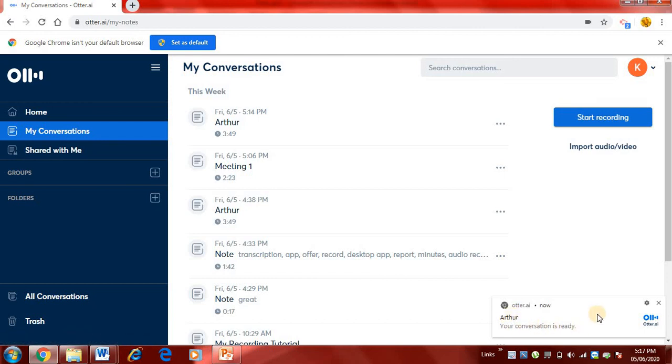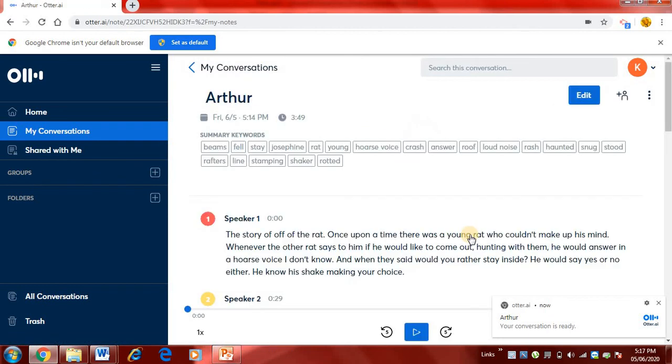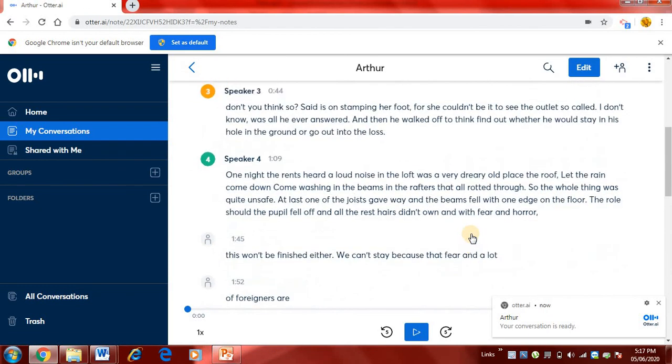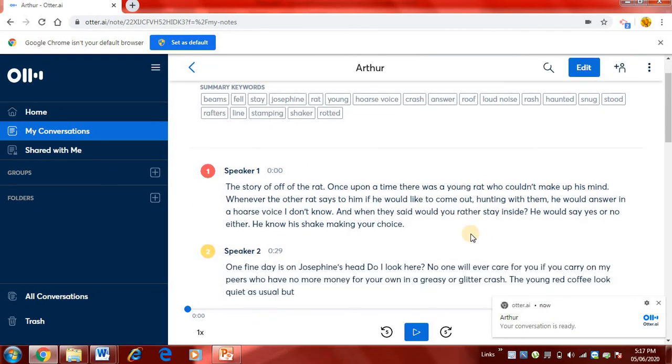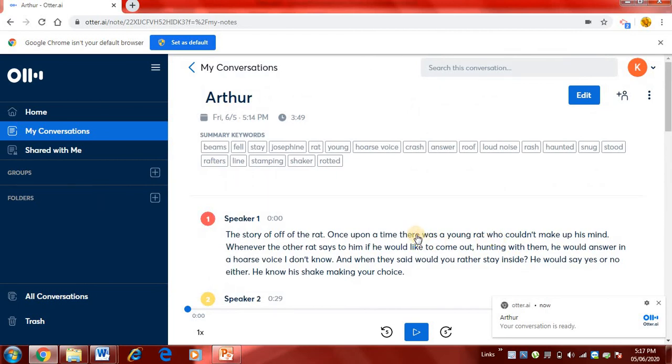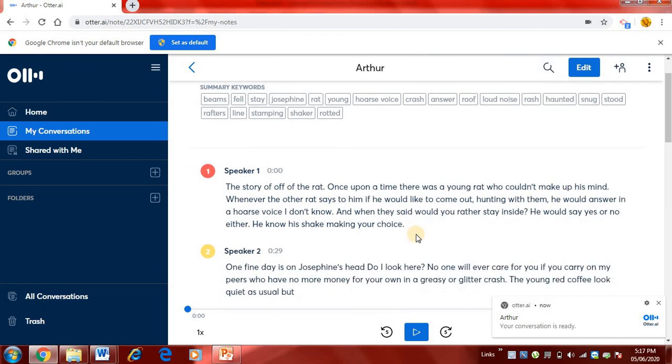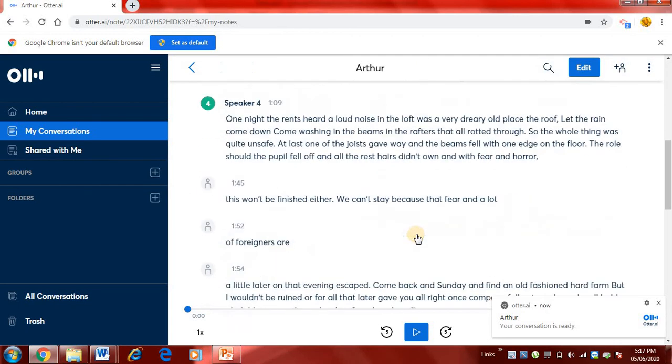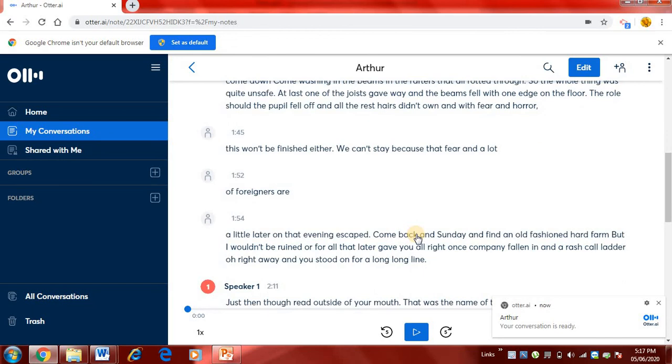Now finally, if you see, it gives you a notification that your conversion is done. If you open and see, the whole file will be available for you. And if you see in this particular concept, so many speakers have been used. Like speaker 1 says, speaker 2, speaker 3 differentiates the voice tone and the speakers also.